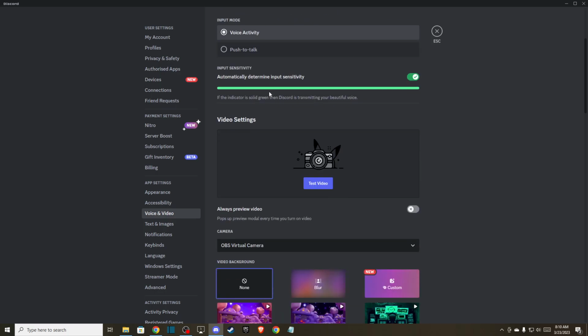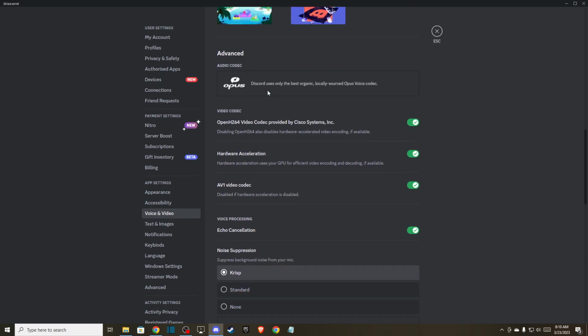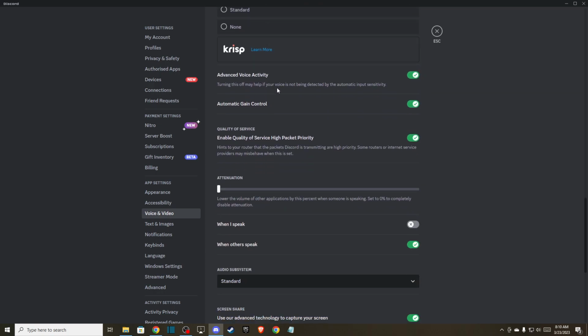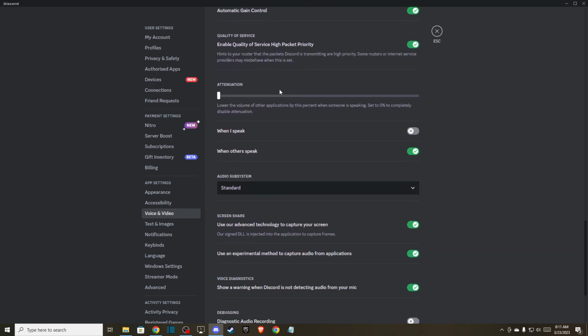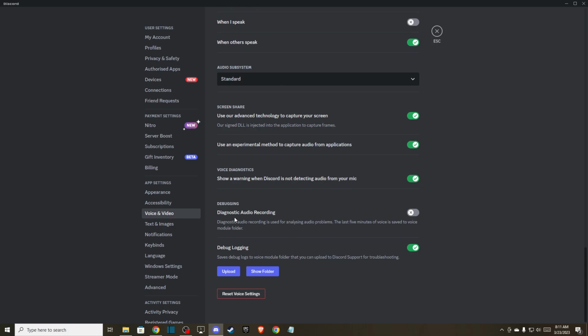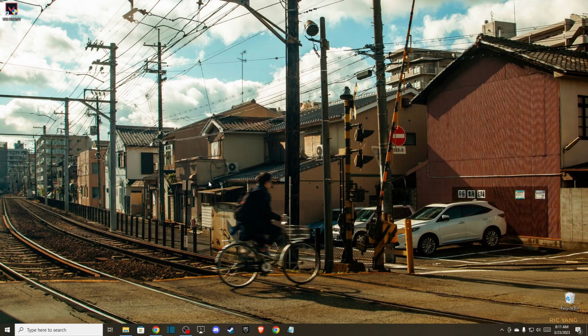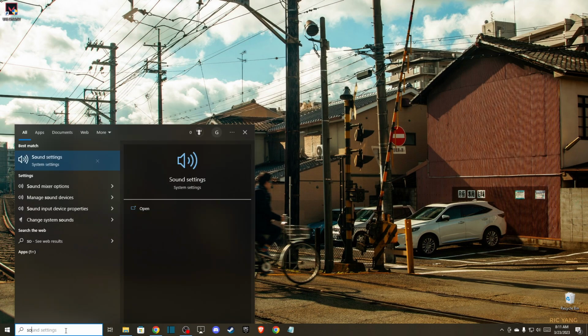And then you need to scroll down until you see, as you can see here, voice diagnostic, and show a warning when Discord is not detecting audio from mic. So make sure this is enabled to basically troubleshoot when Discord is not detecting your audio from mic. So make sure this option is on, and then you can close Discord and go to sound